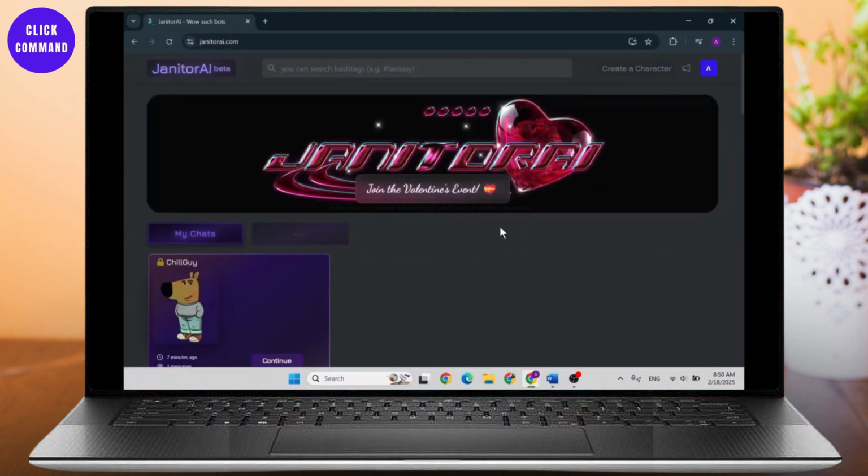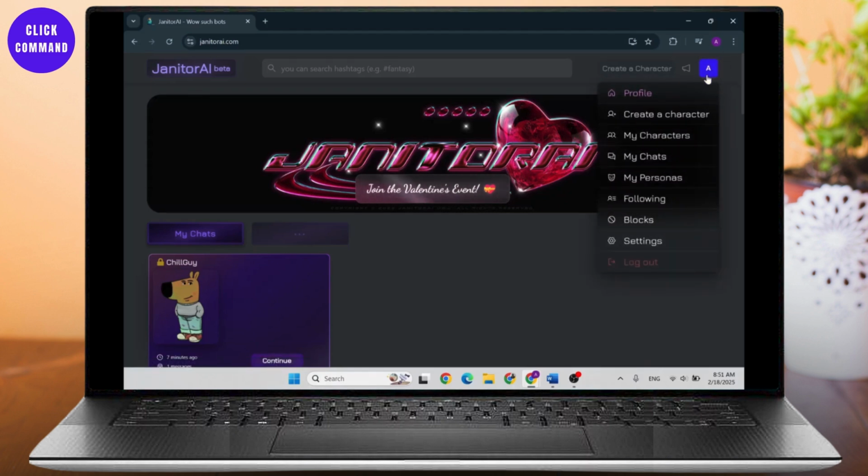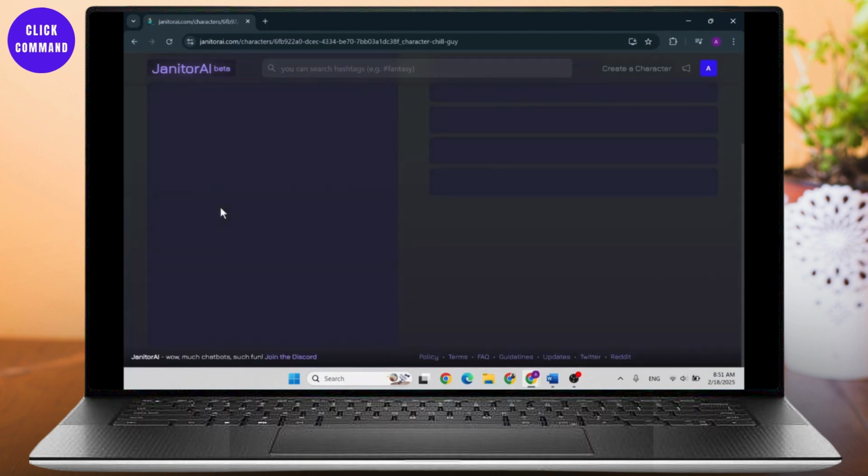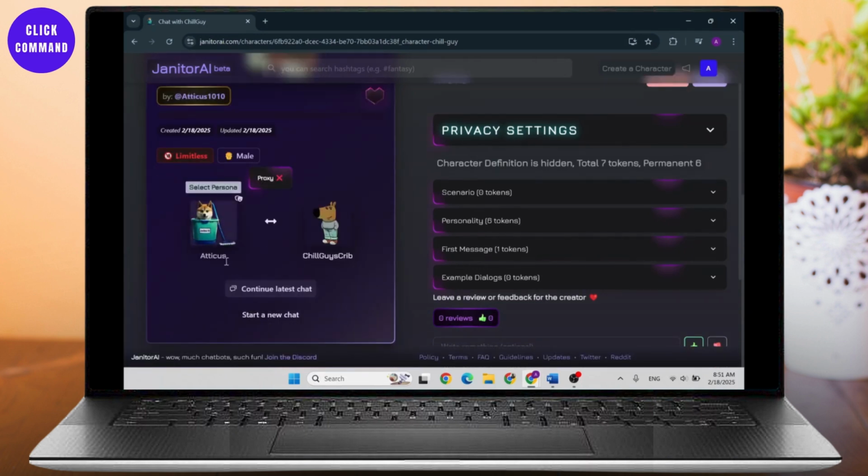So the first step here is open up janitorai.com and be on your profile. Make sure that you're logged in. After doing that, tap on your profile icon on the top right and then head over to My Characters. Now right there you should see your character. Open it up. After you open it up, if you scroll down, you should see a start a new chat